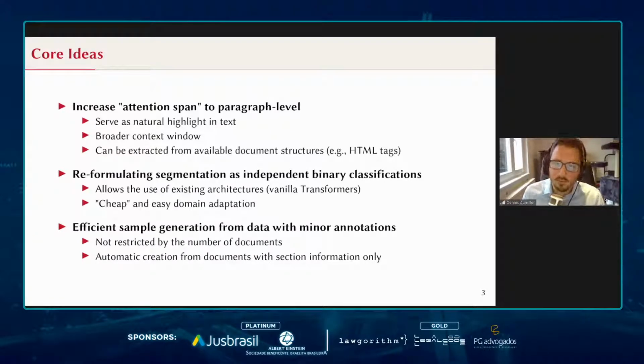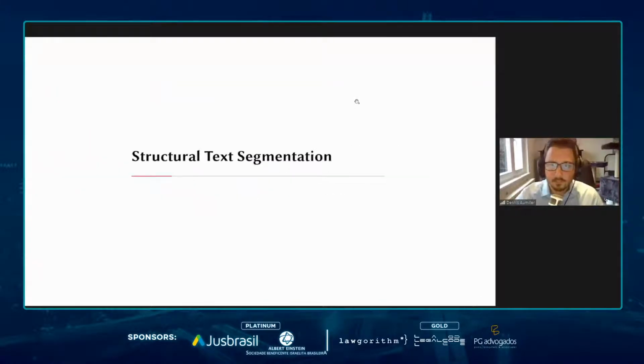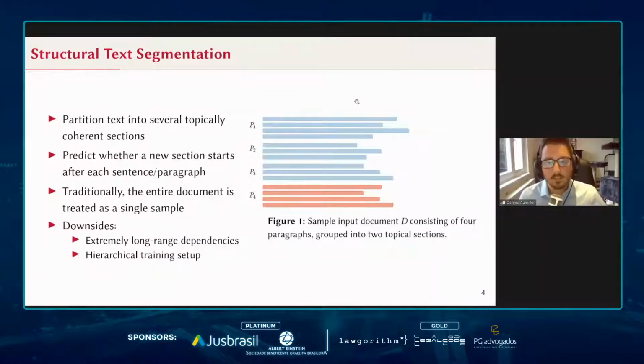to our purposes. Given that we now have a different model formulation, we also rely on a different sample generation. And we actually present two different strategies in this work that make it very efficient to sample from a small number of documents even, and that can generate many more samples than the number of documents that are available. We're going to talk about this in more detail, but first I want to just again reiterate from a theoretical point of view what exactly we mean by structural text segmentation.